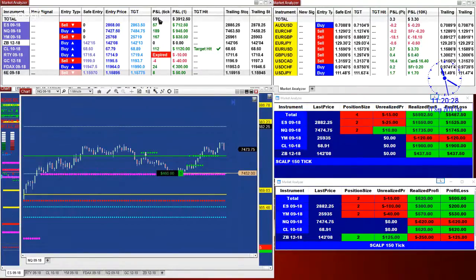Right now, based on the last signal, we have 562 ticks in profit based on one contract. The market analyzer is based on one contract and 1 minute, and it's the same story on the forex. You can do the same thing on stocks. You can feed it 100 or 200 stocks to automate trade those. So we are waiting on a new signal on the ES.